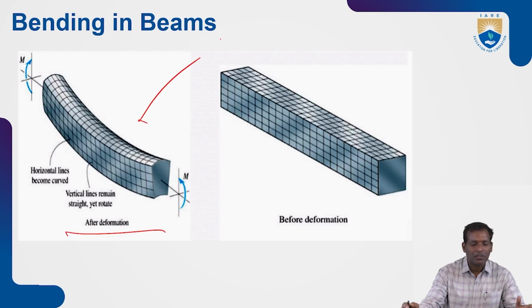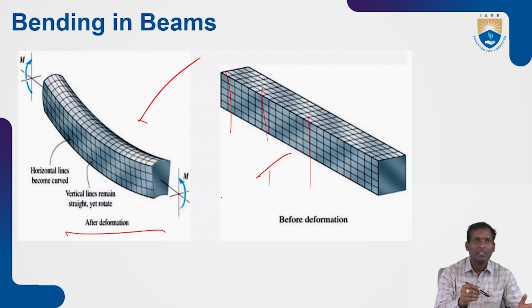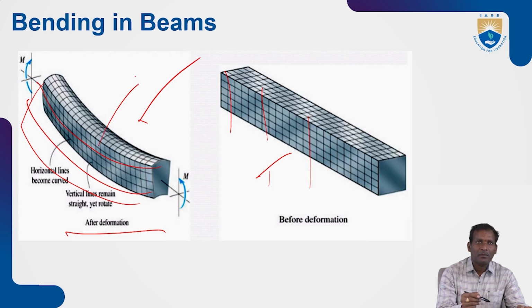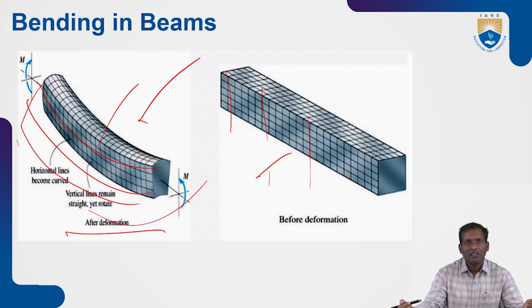See, whenever the beam is subjected to moments, before deformation the beam is uniform. After deformation, that is after being subjected to some loading, the vertical lines remain straight, there is no change in them, but only the horizontal lines change. These horizontal lines become curved, so the beam has undergone some deformation. In this beam, the top layers are subjected to compression and the bottom layers are subjected to tension, meaning they elongate. The curvature radius will be increased at the bottom portion. There is no change at the middle. That is called the neutral axis, which we will discuss later. And the top portion is